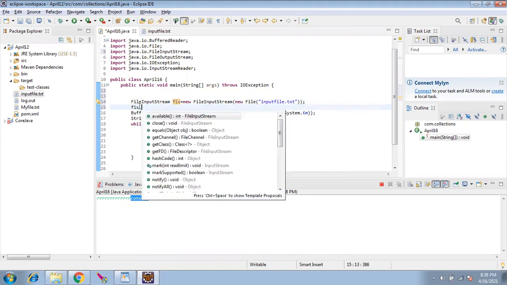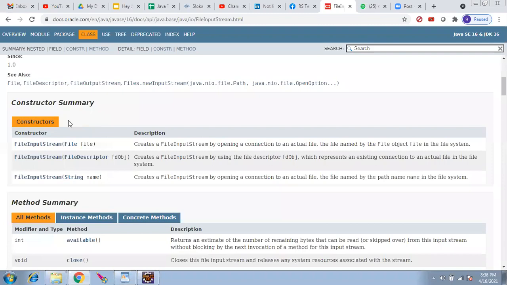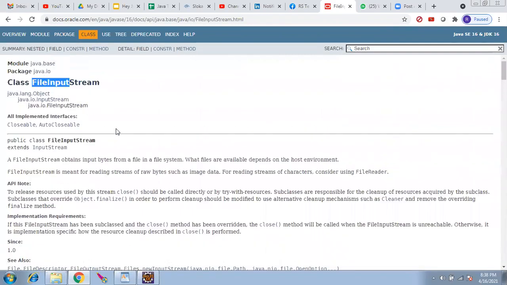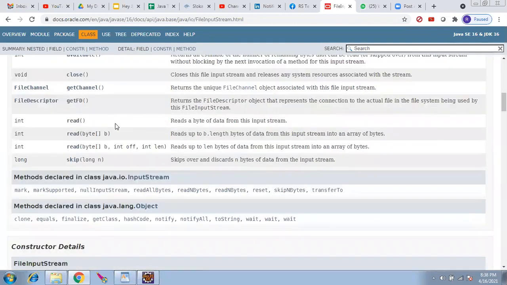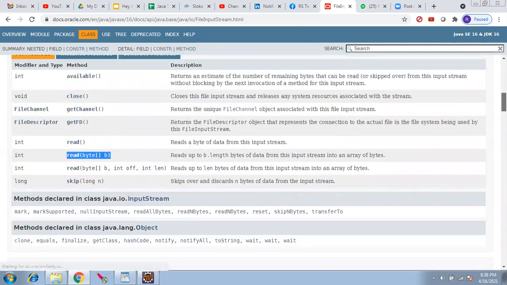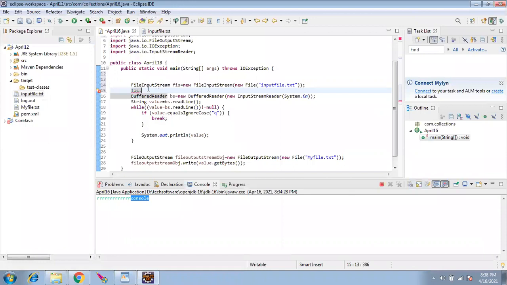Okay. Now fis dot, we'll go to this and see what methods are available in file input stream. Read and read bytes. Read line is not there. Okay, there is read byte. So what we'll do, fis dot